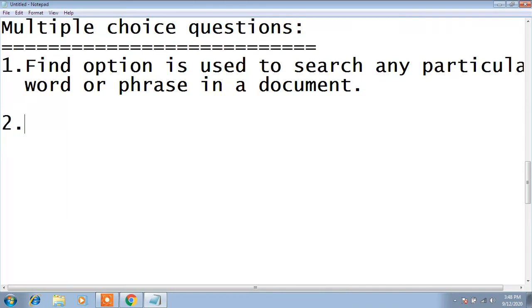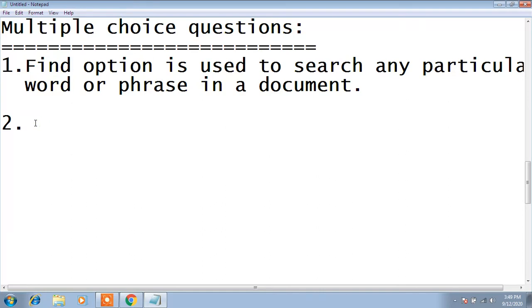So the answer here is find. If you see the book, three options are there: find, search and replace. The answer here is find, not search and replace.